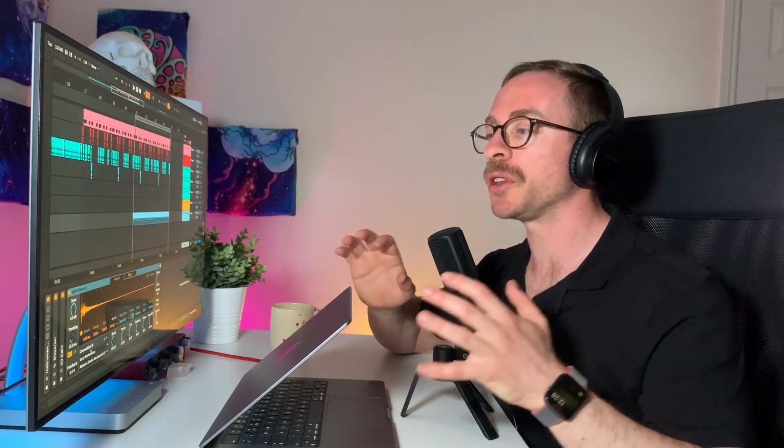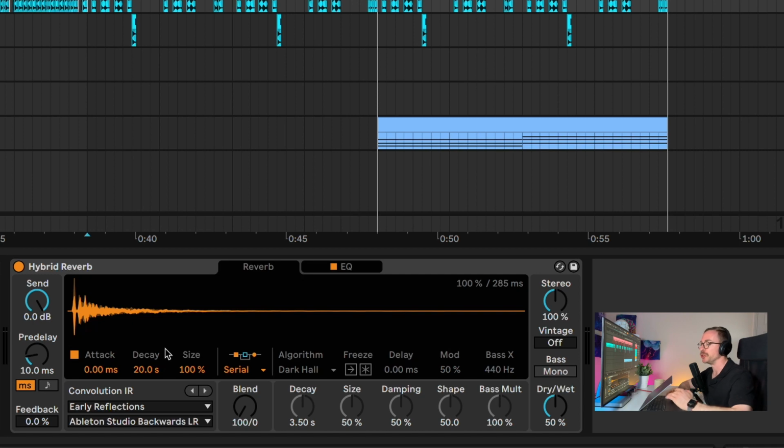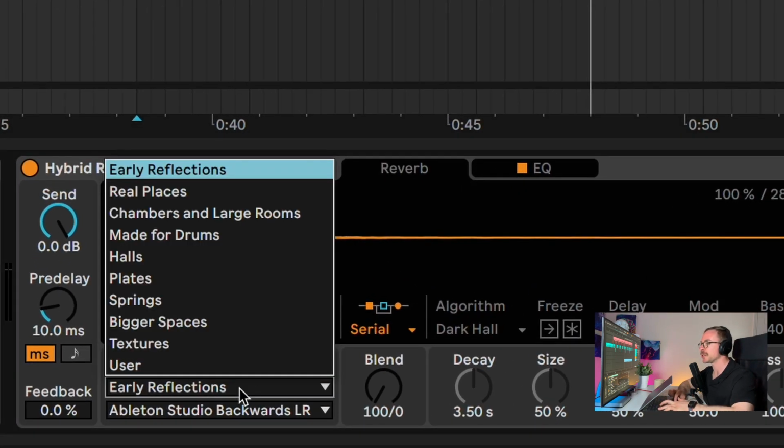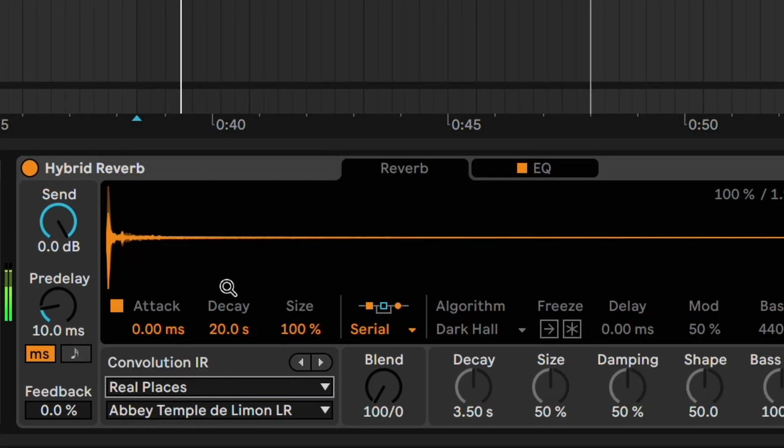So a convolution reverb works in this way. Imagine hitting a snare drum in a big concert hall, recording this reverberation and then importing them into this plugin, then using those on sounds in your production. Ableton has provided us with numerous of those recordings, such as real places,